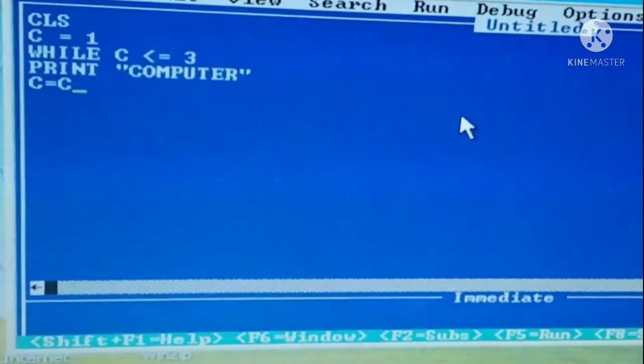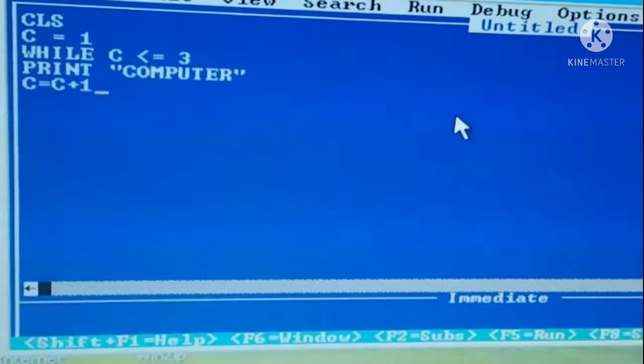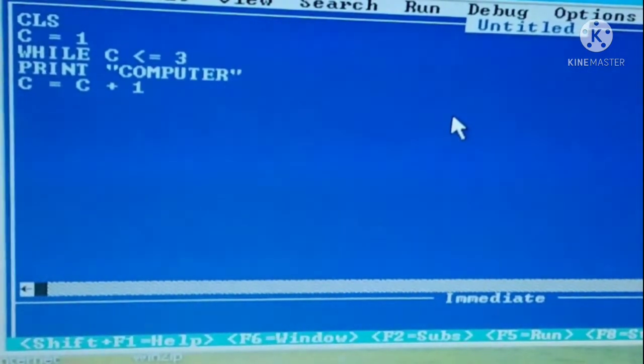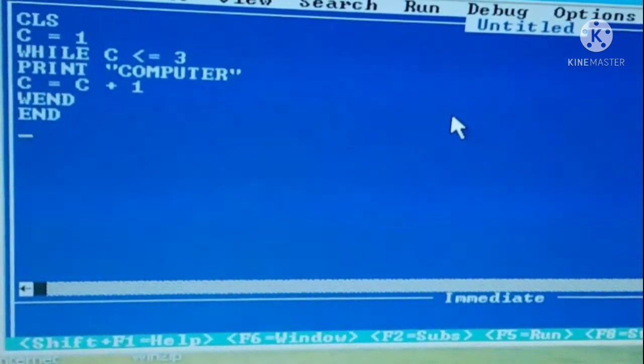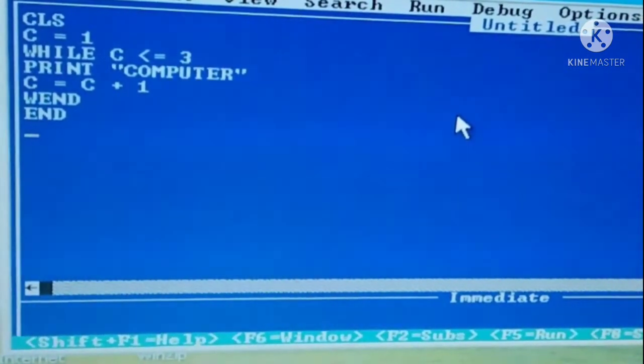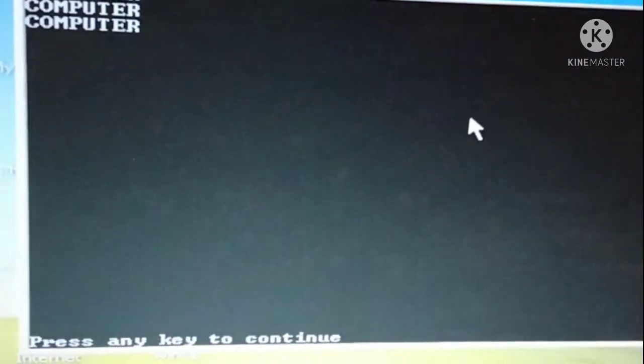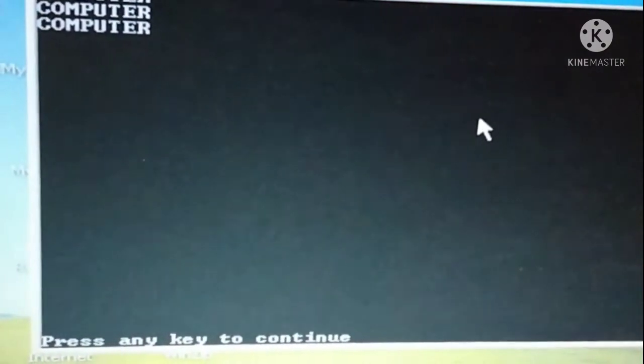Then increase the C and then your wend. Okay, now run it. See, it's coming 3 times, computer.